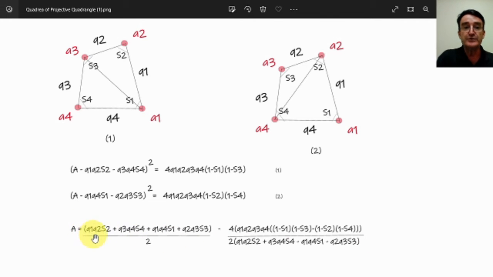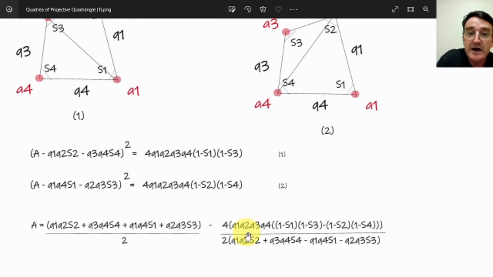A is equal to Q1 times Q2 times S2 plus Q3 times Q4 times S4 plus Q1 times Q4 times S1 plus Q2 times Q3 times S3, all divided by 2, minus 4 times Q1 times Q2 times Q3 times Q4 times (1 minus S1) times (1 minus S3) minus (1 minus S2) times (1 minus S4),